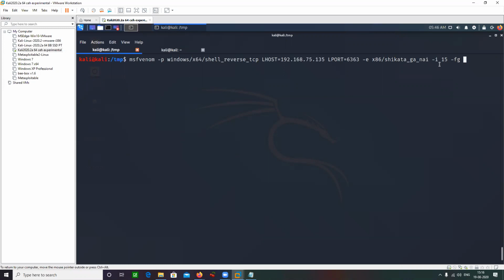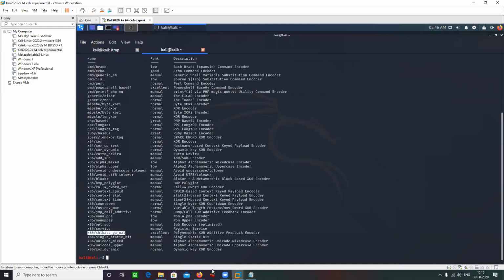Output format. Let me just mention the raw format. We are going to encode the payload. How? This is what this encoder is going to do. It is going to perform some polymorphic XOR additive feedback encoding, something like that.